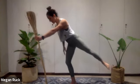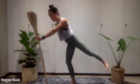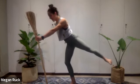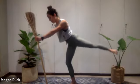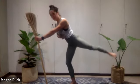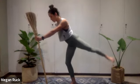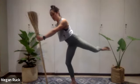Bend your standing leg, draw both shoulders down, and press down to that stick to engage this lat. Turn the leg out, take a breath in, pulsing this back leg up. We go 10, pulse 9, ribs in, 6, pulse 5, 4, squeeze both bums, 3, 2, hold it there, bend your leg, now pulse your